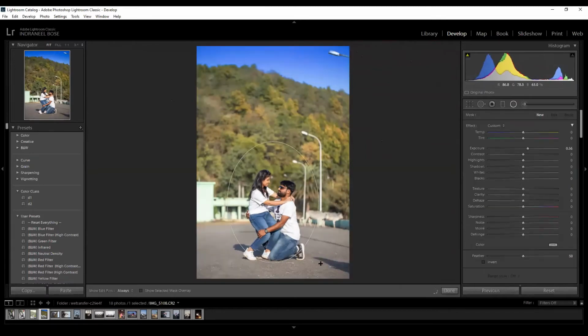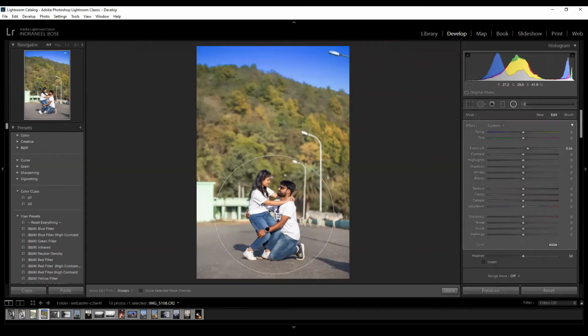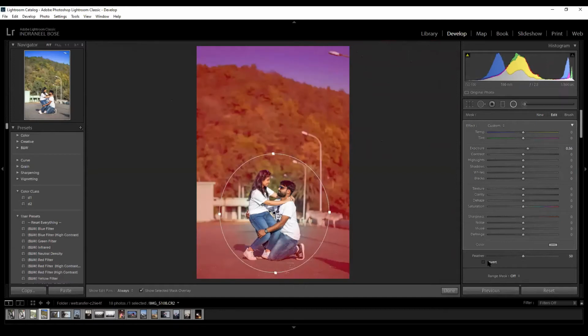Now let's do one more thing. Let's put on a nice separation between both the images. So we will take a radial mask and invert it, and just go with a nice feather. See, with the feather you can see how deep it is going. So that wide you can play off with.